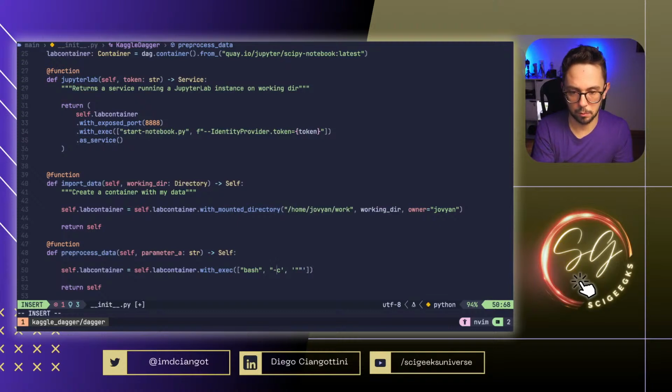Yeah, the double quote got me mad, but okay, bash minus c equal